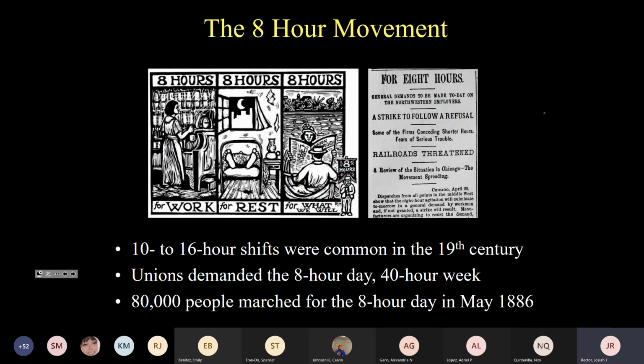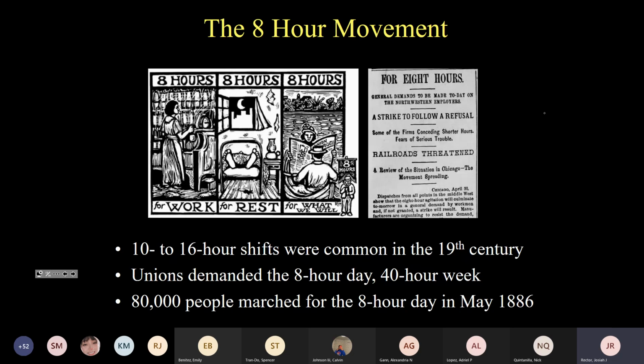Many workers involved in the labor movement rallied around the cause of the 8-hour day. Workers were also organizing for health and safety. Many of them set up producers' cooperatives. Some got involved in politics and tried to set up third parties. But one thing that almost everybody could agree on was that workers' hours were too long. It was typical to work 10 to 12 hours in the United States between about 1870 and 1920.